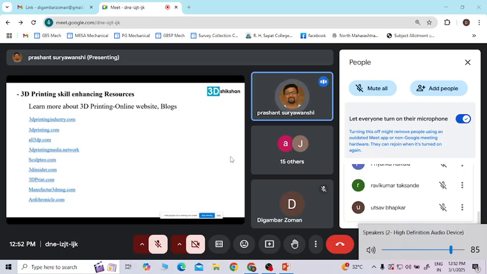And these two magazines, which are India based, Manufacturing 3D Mag and amchronicle.com. This is also, I think, very helpful for you to understand the different types of technology, and what advancement is happening. So overall, these are all the things I wanted to cover. It may be a little bit theoretical because the topic itself is like that, but I tried to touch upon the different applications of the research also. So questions and answers, the floor is open for that.